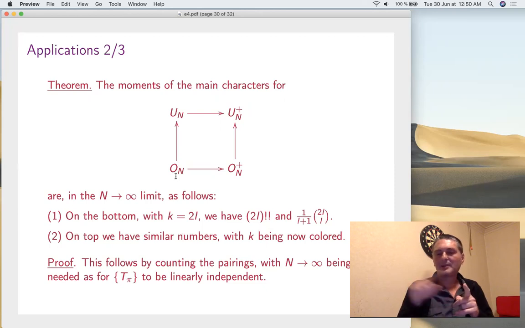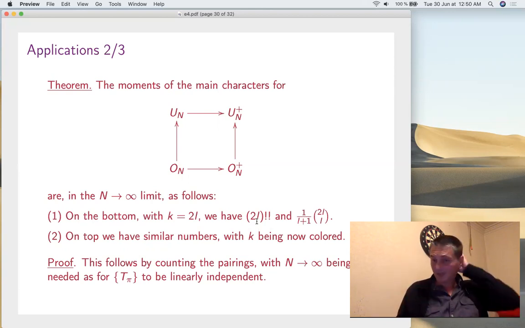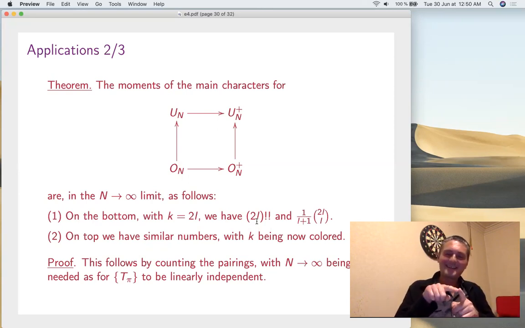Well, you have 12 minus 1 choices for the neighbor here, and then 12 minus 3, 12 minus 5, and so on. That's a so-called double factorial. Now, for n plus, you have to count non-crossing pairings, and here you get the Catalan number because you do a recurrence. You just take the first semicircle. Since it's non-crossing, things here and here don't interact. So you have a recurrence, right? To solve that, you get Catalan.